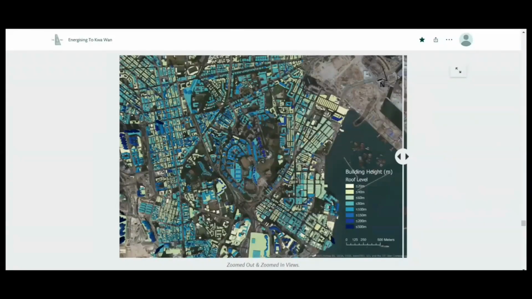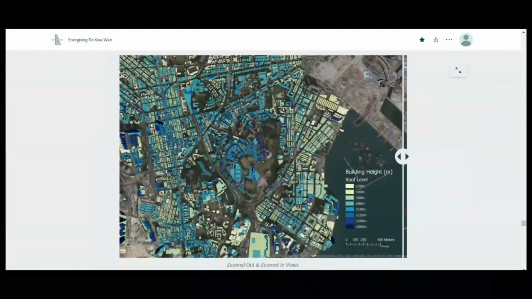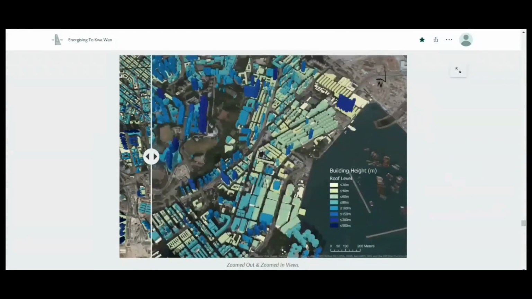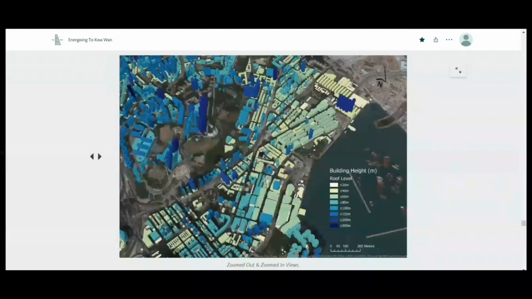The major objective of this analysis is to find out whether the potential views of our flats will be blocked by the surrounding tall buildings. After we conduct the analysis, as we slide down to the next graph, you can see that most of the buildings around our site are below 40 meters and 20 meters. So it's quite low, and the views of our site are guaranteed for almost the next 5 to 10 years, despite demolition or